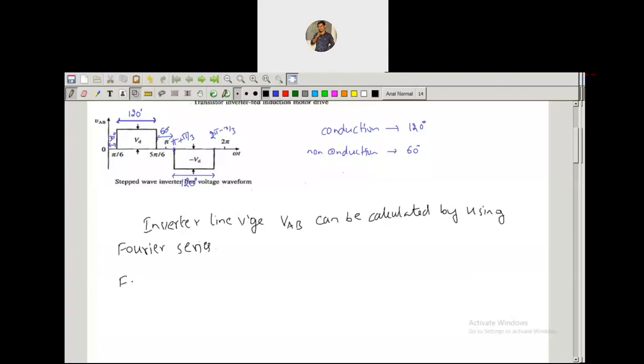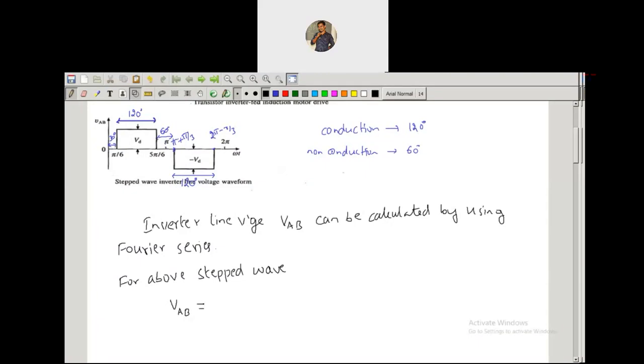So for the above stepped wave, we can write down the equation for VAB, the line voltage VAB is equal to the